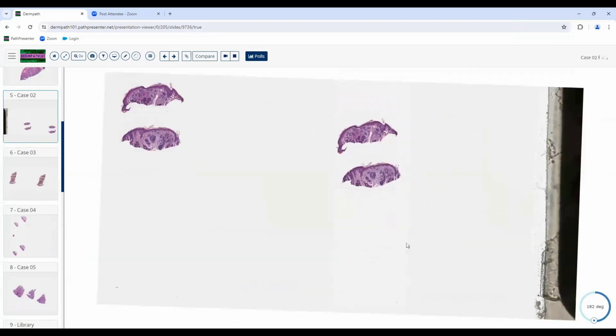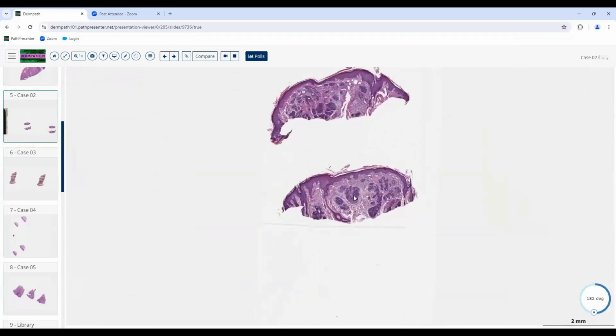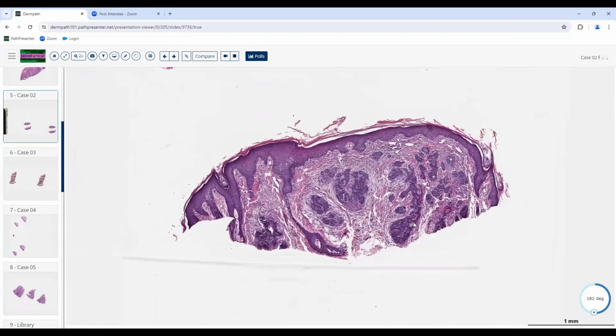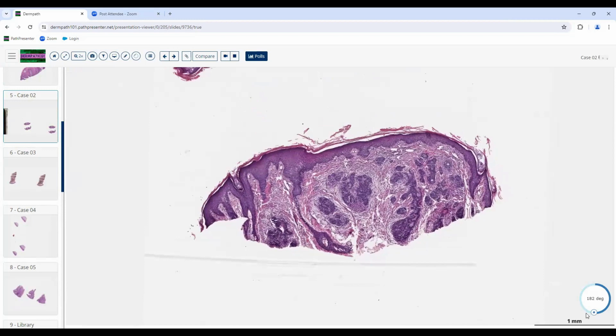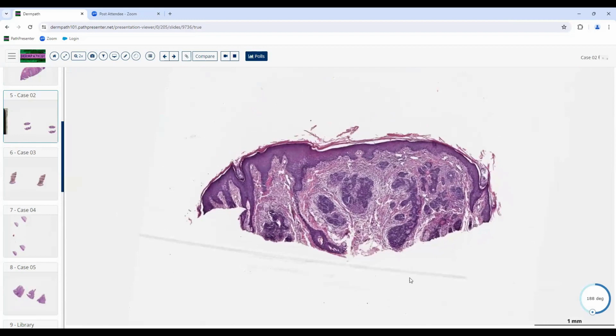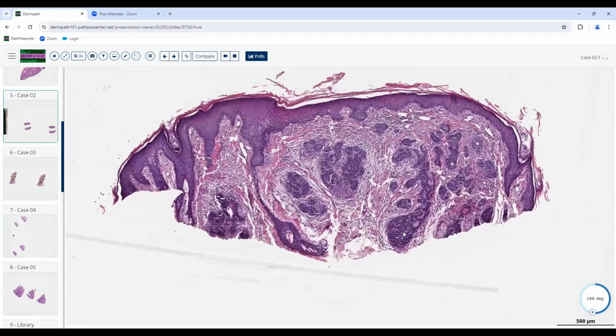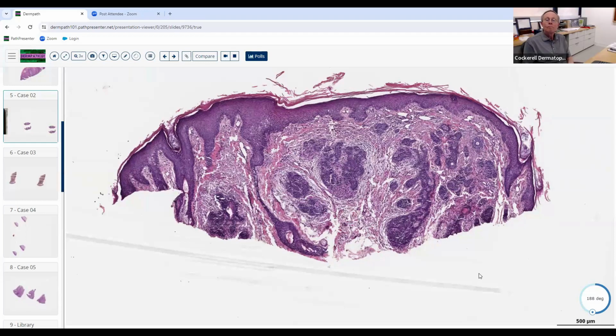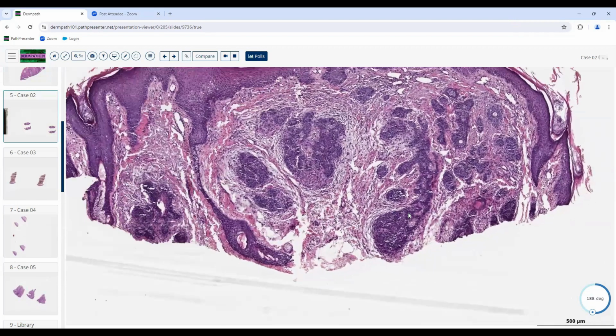Good morning. I'll take this one. Okay, good. So looks like we have a shave of a neoplastic process within the dermis. We have these islands of basaloid cells. Looks fairly like pretty well circumscribed. So I was favoring more of a benign neoplastic process. Okay, good. And then going a little bit closer, there's a little bit of palisading, but not much in the way of